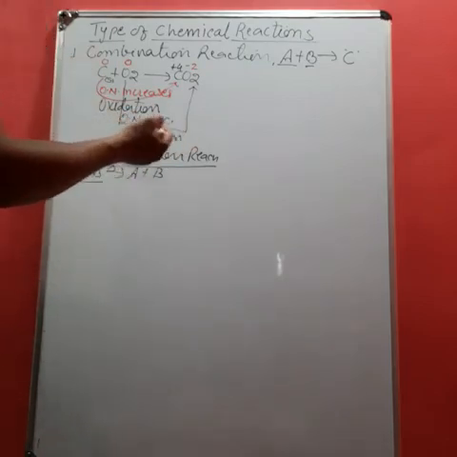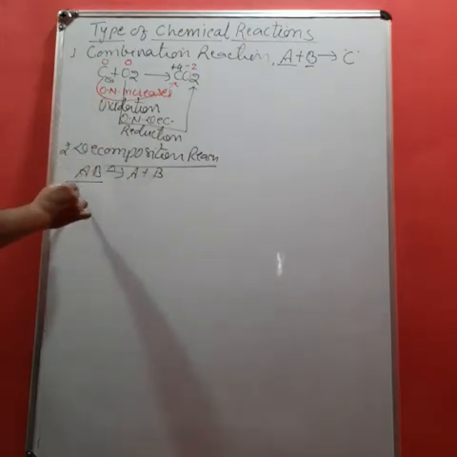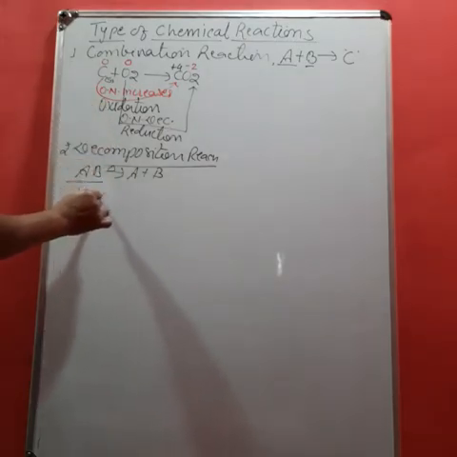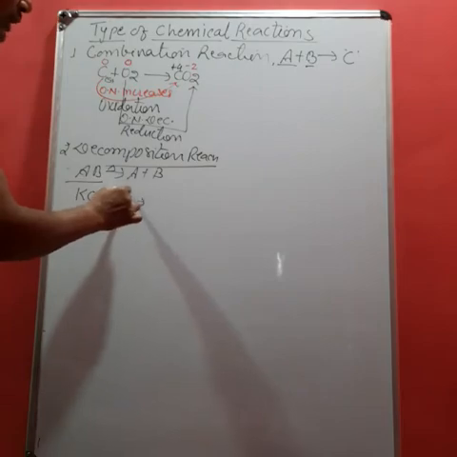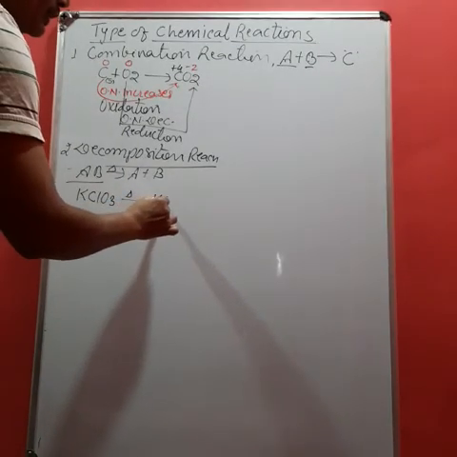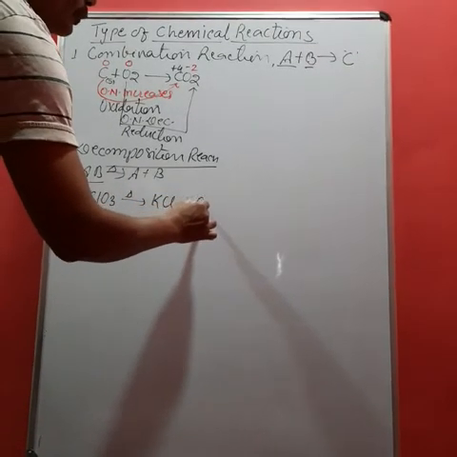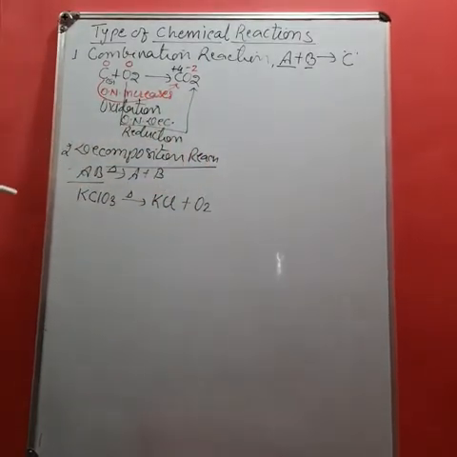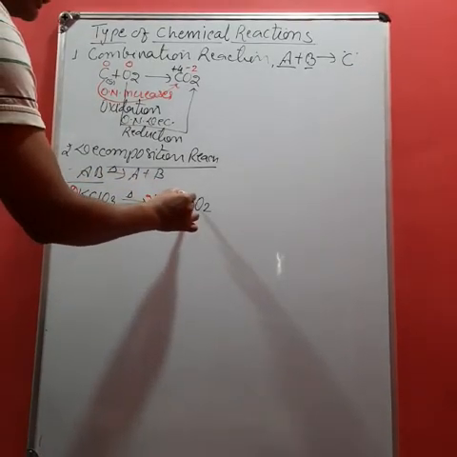This is called a decomposition reaction. Like I can take the example KClO3, when strongly heated, converted into KCl plus O2. Now let's balance it. We can write 2 KClO3 gives 2 KCl, and the oxygen is 3